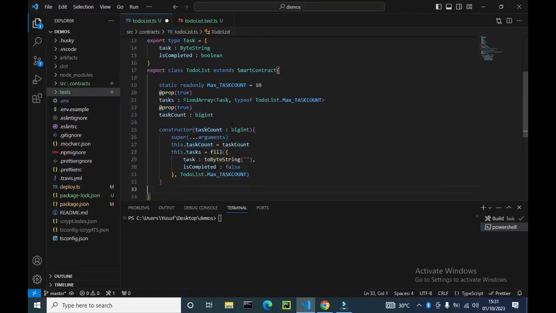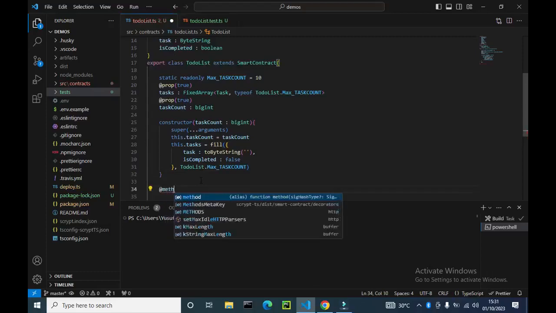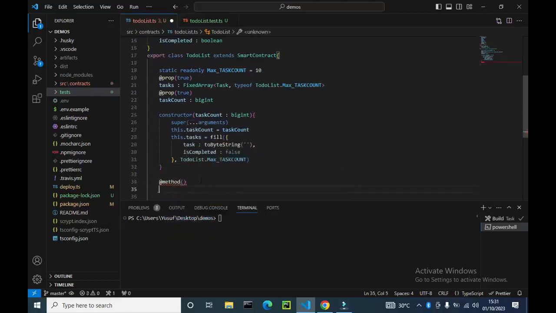So after that, I will need actually two methods, and each method is very important because the first method will add a to-do list, and I think the second method should be called when a to-do list is completed. So the first one, let me write a method, and it will be a public method, so that someone can interact with it. So I will call it add tags,